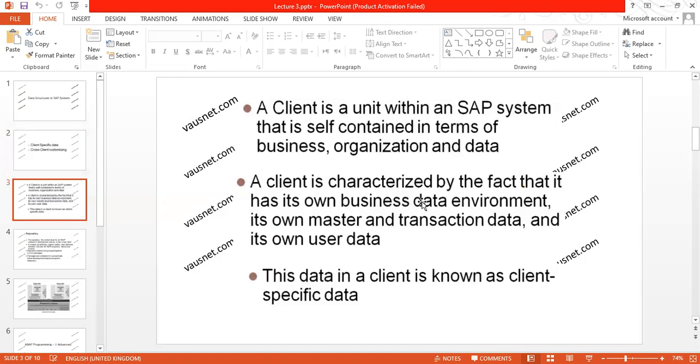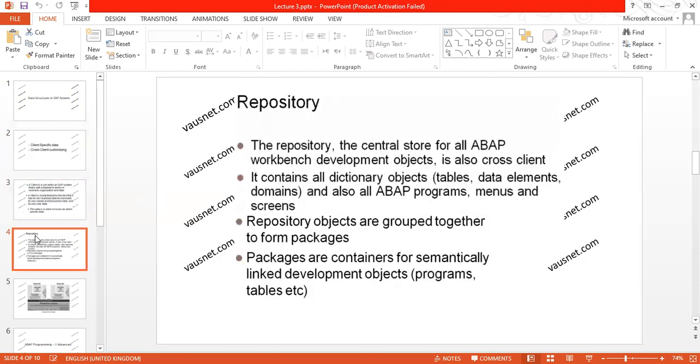So a client has its own data environment, and it has its own transaction data and own user data. So in production server, the data will be different from the data we have in development server. So data in client is also called client-specific data. So in a client, we have